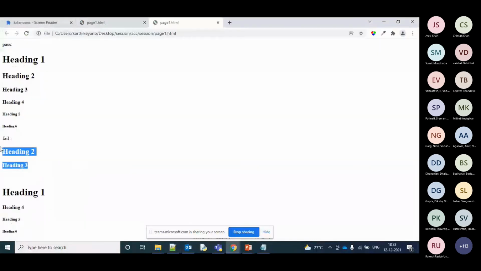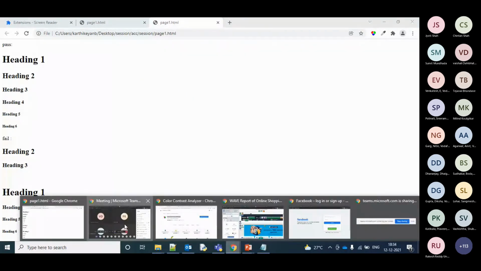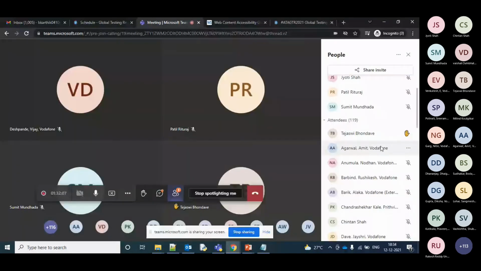This is one content, and you have a heading 1, and below heading 1 it's only 4, 5, 6. So now this will be passed and this will be passed. That's the hierarchy structural test that happens from the WCAG. I hope that answered your question. Yes, Karthikeyan, Tejas. Yes, thank you.